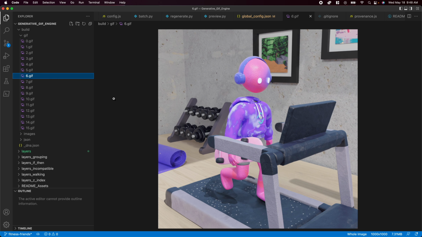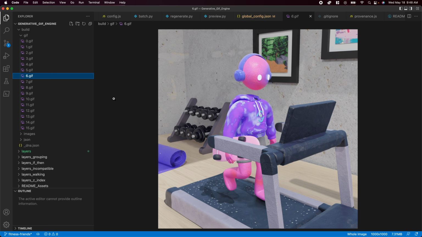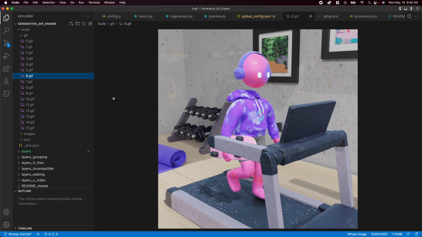So a little bit about myself. I'm James, the founder and full-time dev of Fitness Friends, where we're trying to use cool 3D art to bring a unique perspective on wellness to the Web3 space. I'm a UC Berkeley grad with 5 years of experience in the industry, ex-tech lead of a finance firm in New York, and I love building open source tools like this generative engine that'll basically help bring your NFT collections